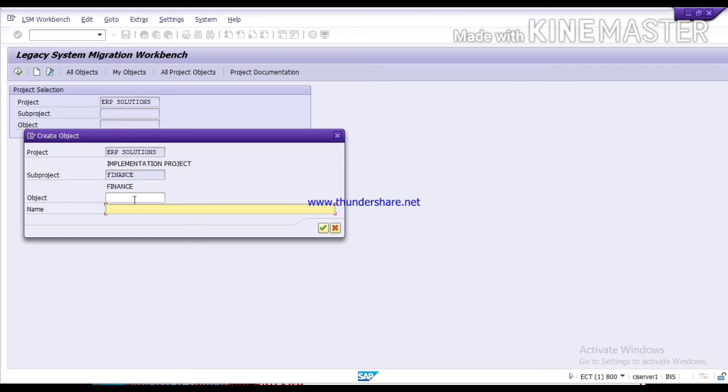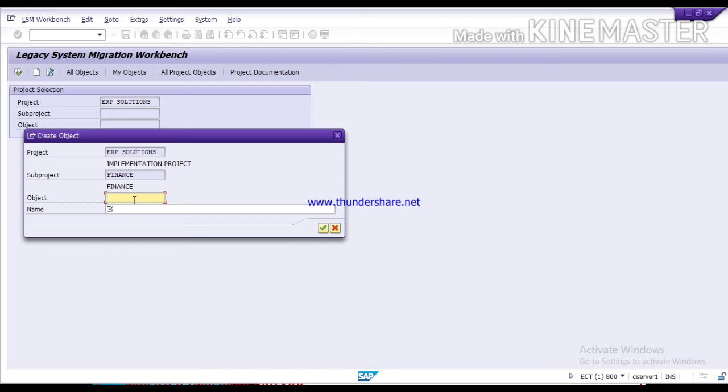So object represents your T code. Like if you want to create a GL creation LSMW or vendor master LSMW or customer master LSMW, whatever you want to create, here you have to mention the name for your T code, for which particular T code you are going to create this LSMW.